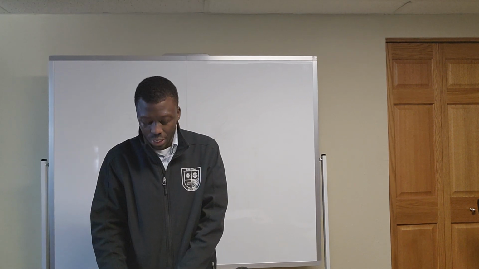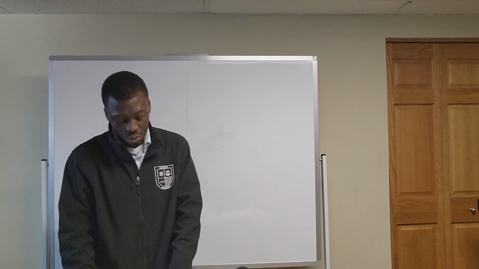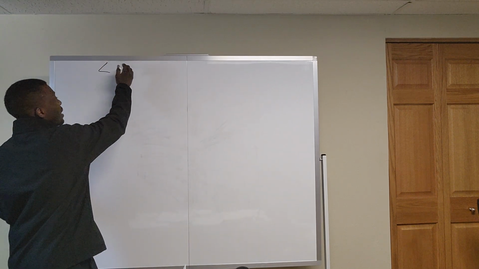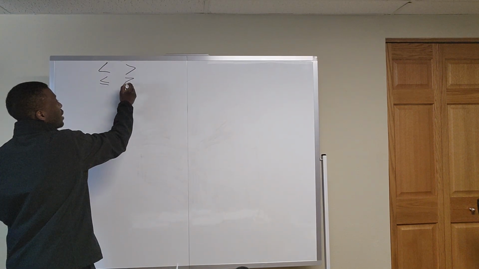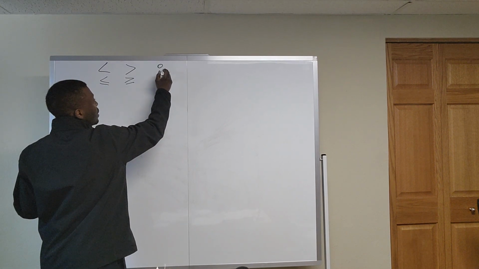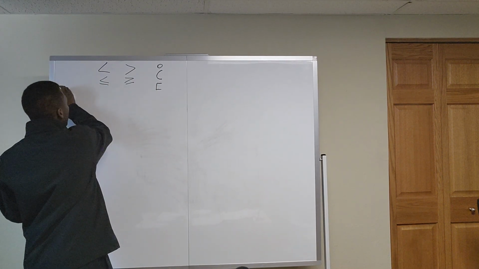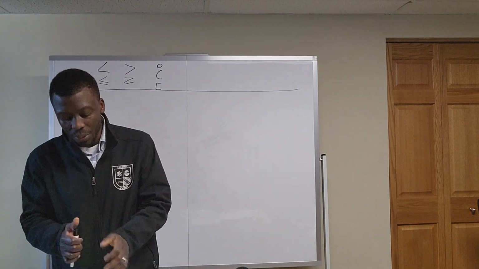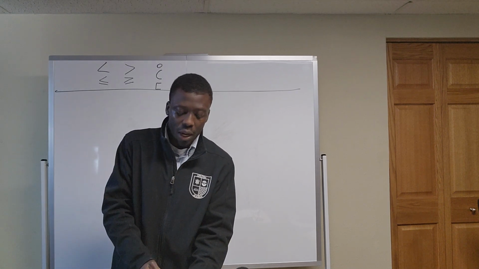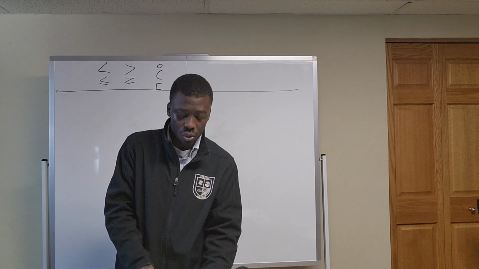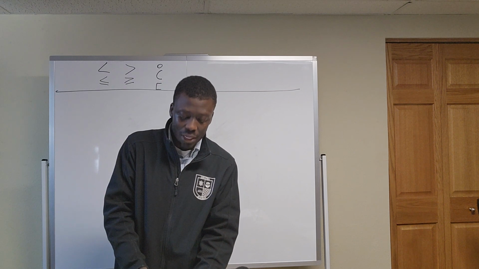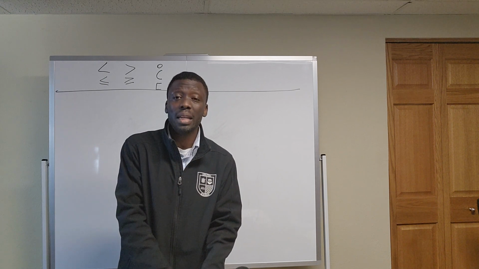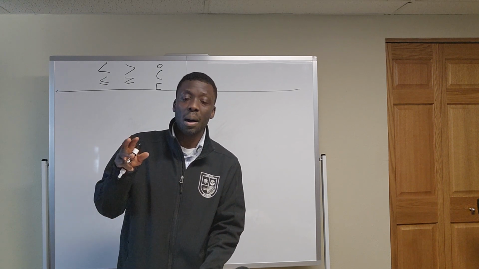We're going to start with the interval notation, quick review of that. We talked about the idea that there's less than and greater than, less than or equal to, greater than or equal to. There's open circles, there's parentheses, there's brackets. And so these are things that we discussed in our college algebra review. So please go back and watch that if you need to. You will have time today to go over those things that we did. So we discussed those in class. I'll make the videos available to you. Please watch them,